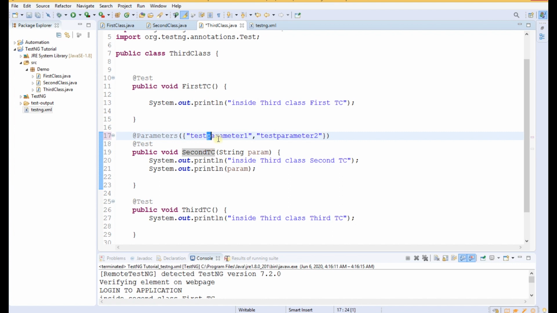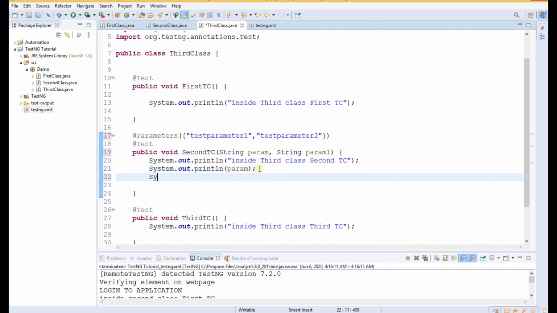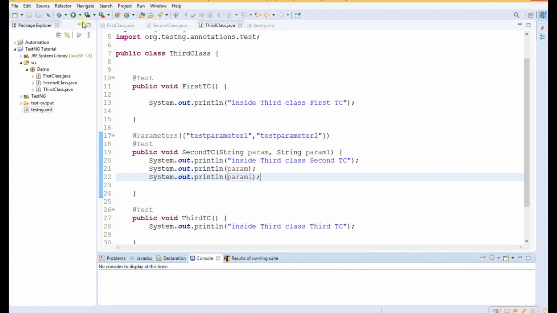So if there are two parameters, then we have to give two arguments here, param1, and in the output we will write param1. So now the value of the two parameters will be printed in the console. Let us execute it.